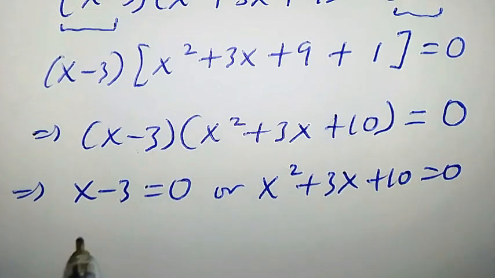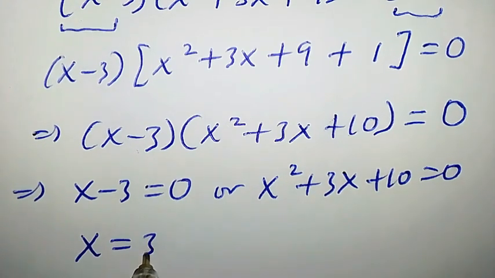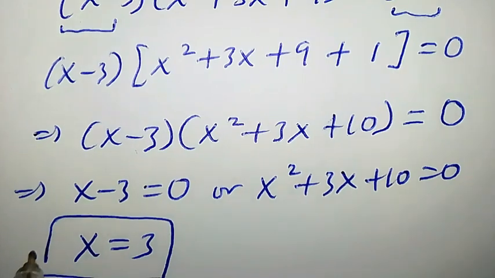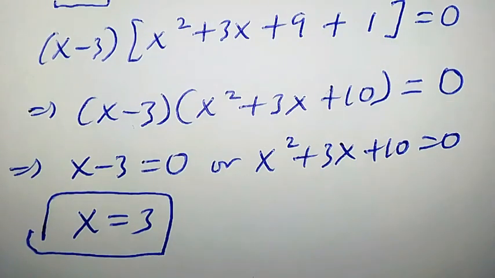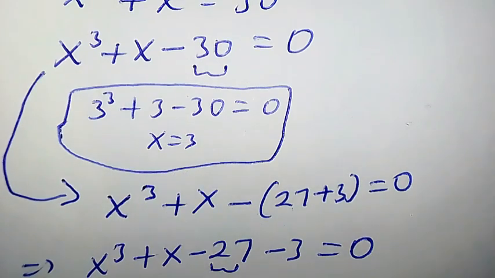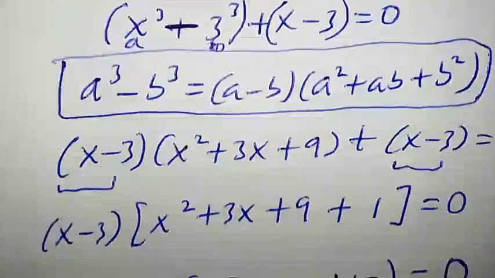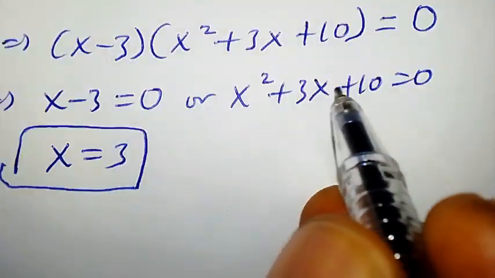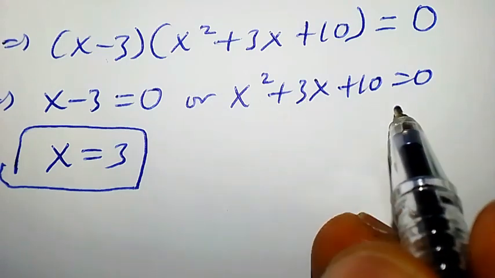Clearly from here, x is equal to 3, which is the real solution. This is what we got in the first place by guessing. Let me show you what we did earlier. Let's proceed further. Now, to solve this quadratic equation, you will observe that we cannot factorize it, but we can